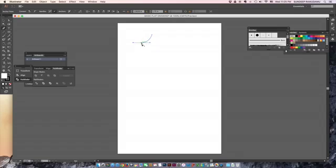Now what I'll do is click on this anchor point so that I can kill this curve handle, so that I get a pointed corner, and then I can take a vertical line down. So I'm going to click this. Now you can see that the curve handle is gone, and from here I'm just going to press shift again. So let's say about this much,